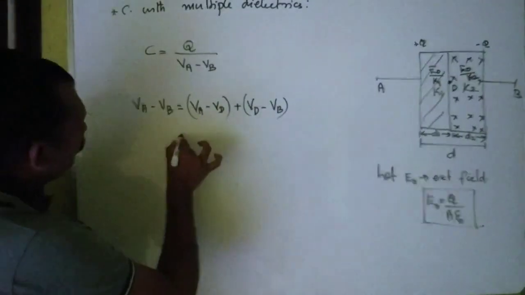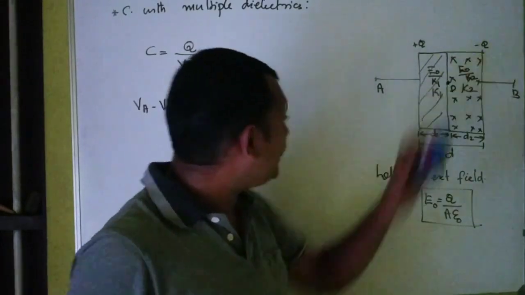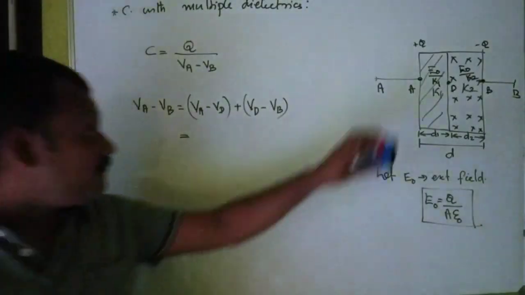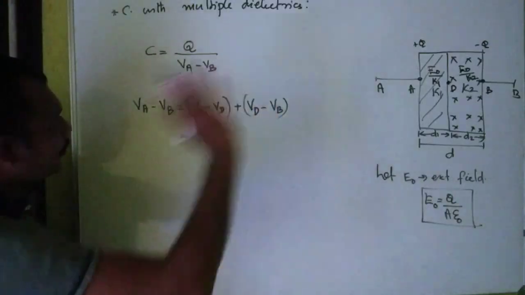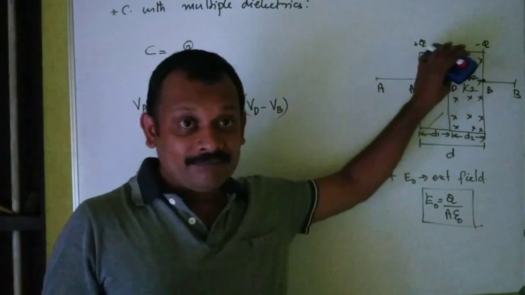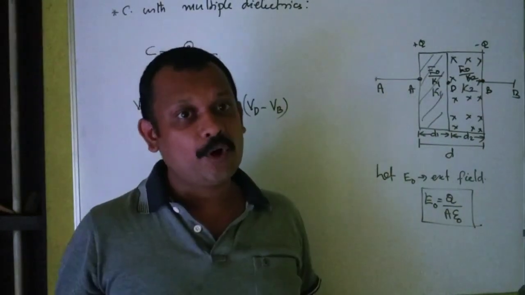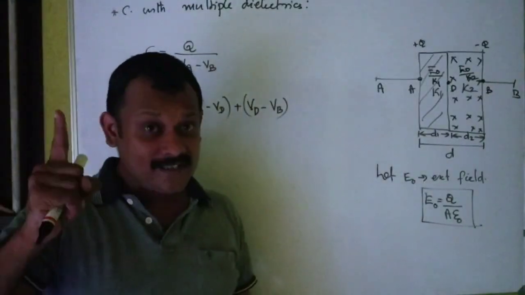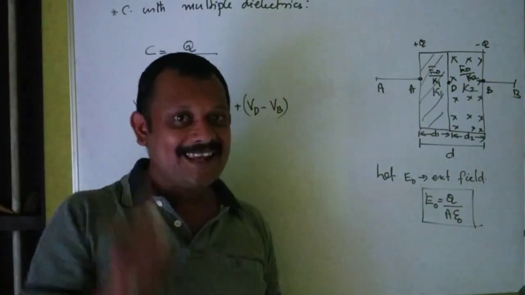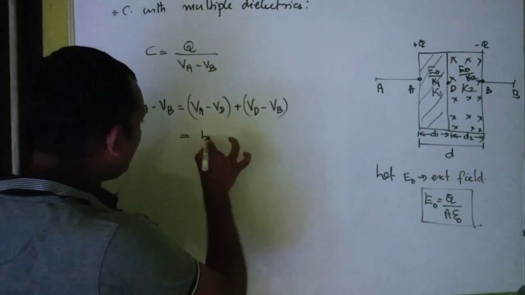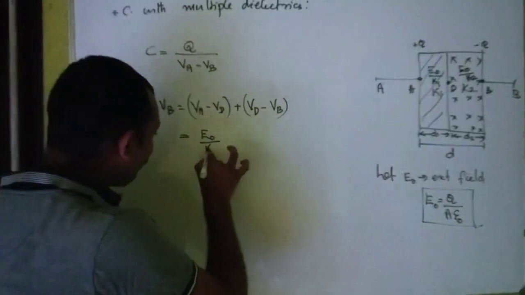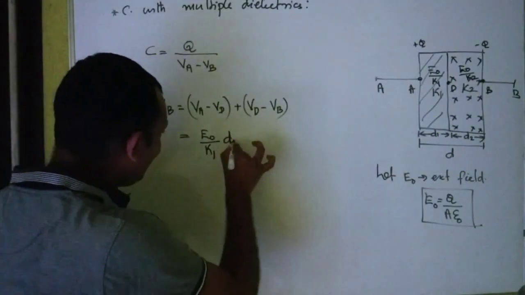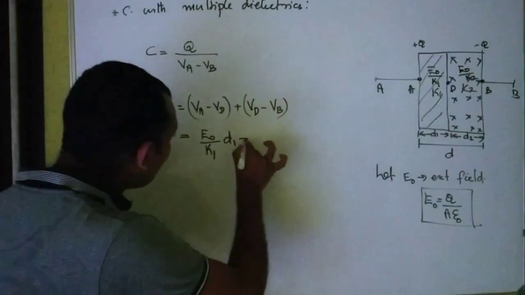Now let's solve this. What is VA minus VD? This point is going to be A. This point is going to be B. As I told you in the previous discussion, VA minus VD is the product of electric field and the separation between the two points. Tell me, it's very simple. What is the electric field in the region between A and D? Very simple. It is E0 divided by K1. What is the separation between the points A and D? It's D1. E0 by K1 into D1 plus